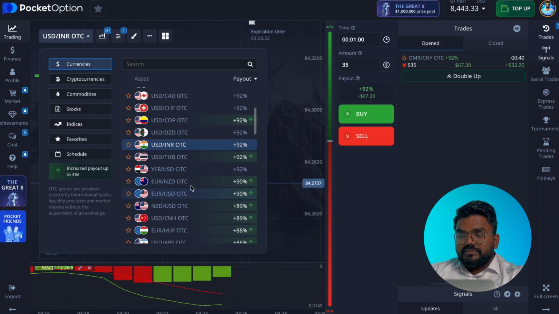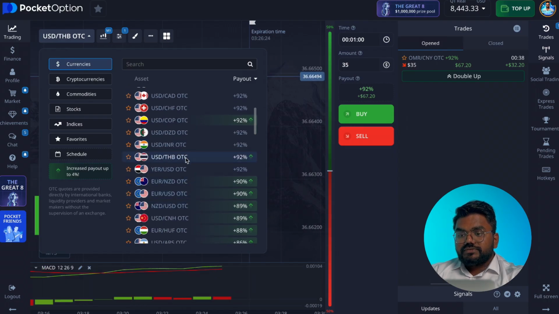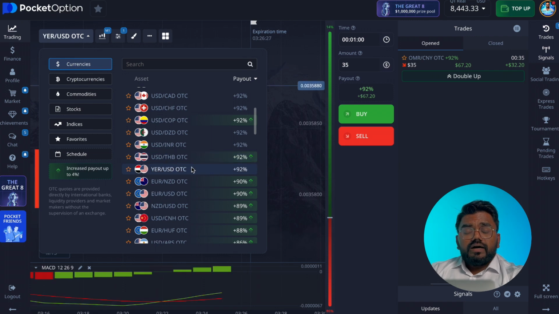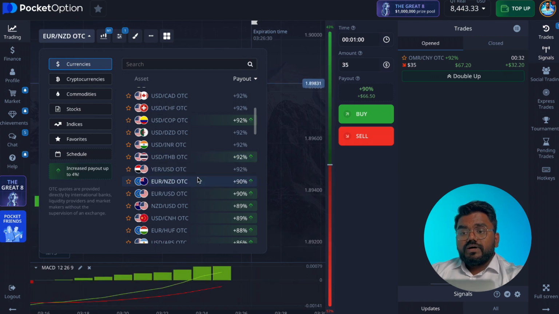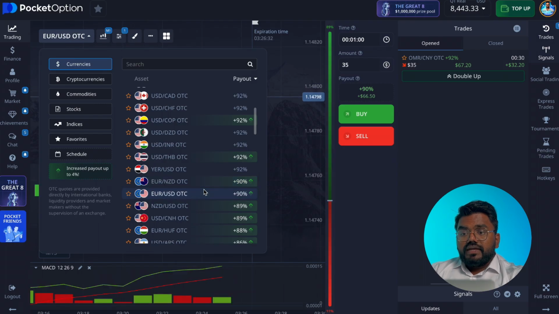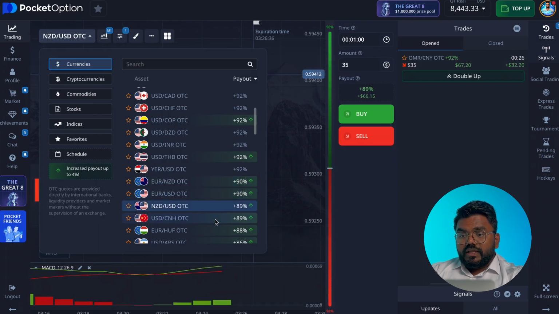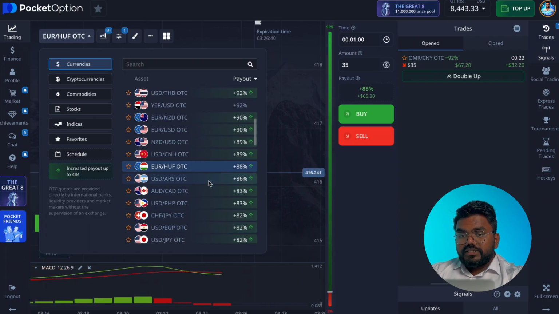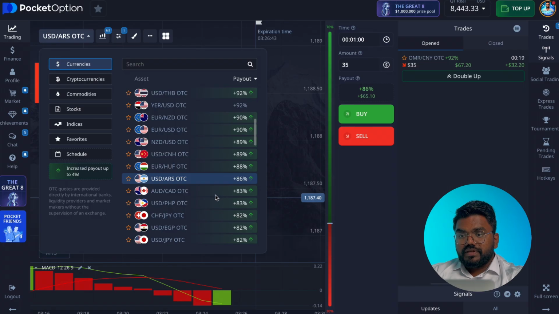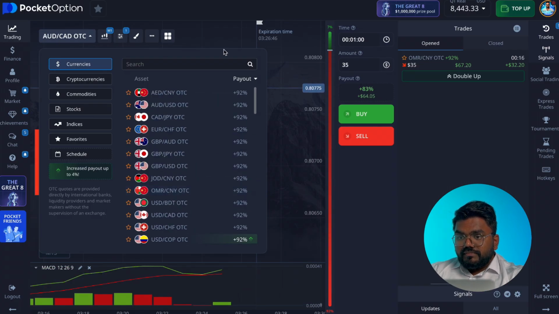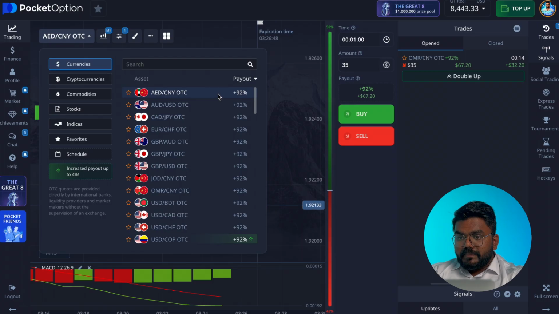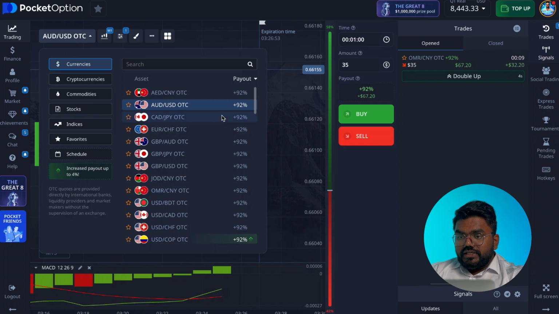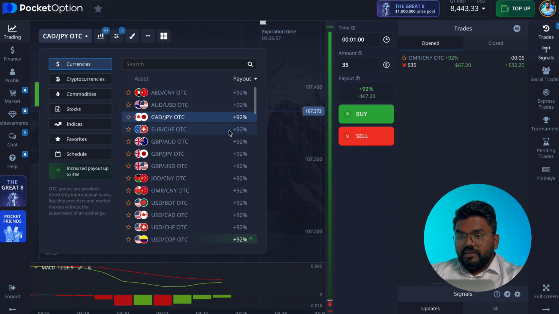When you explore the histograms and the currency pairs, you can see which is more comfortable for you. While exploring the MACD strategy, you can also switch to another currency pair. On the right side you can also see the payout percentage, the profit ratio you're going to get. Look at each and every currency pair. If you've been exploring, I really want you to explore this.